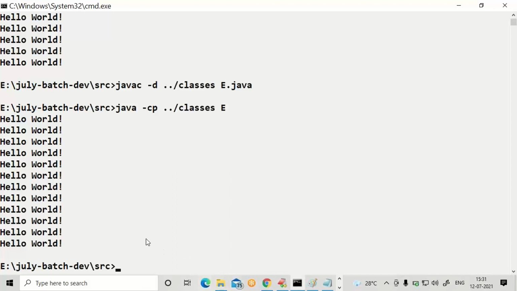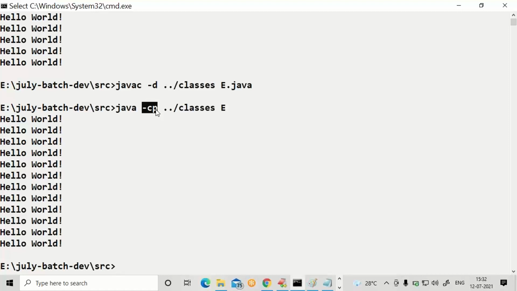From now onwards, we can keep changing very easily. A lot of time is saved while using the -cp option. Like -d, there is a -cp for the Java command. What does -cp stand for? It is the class path.